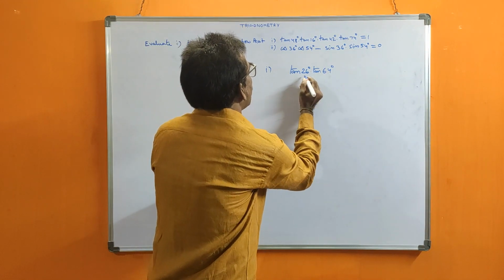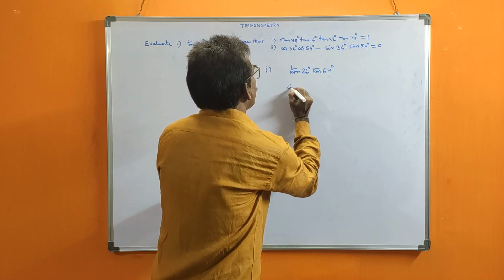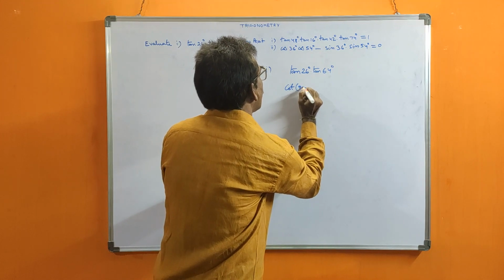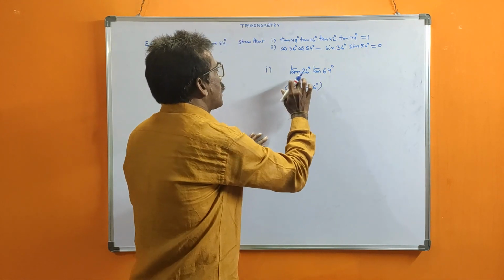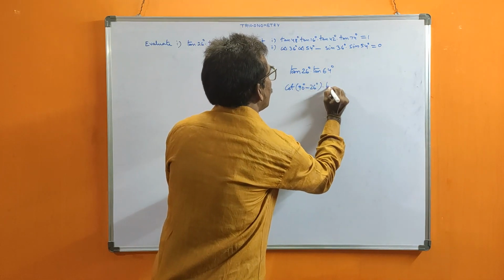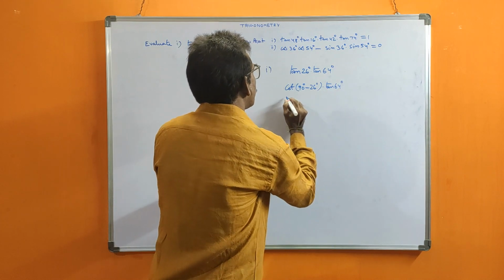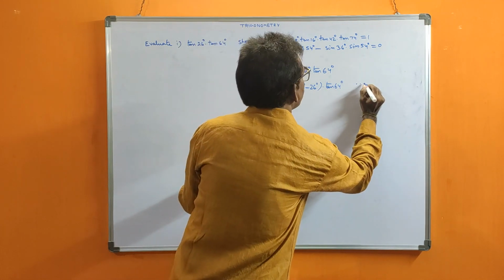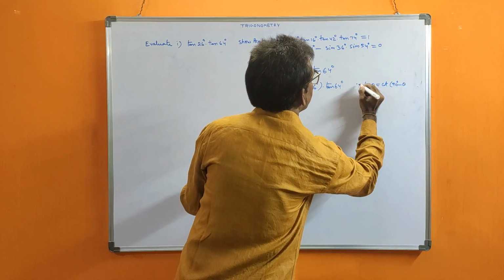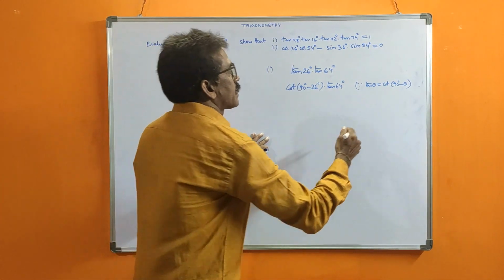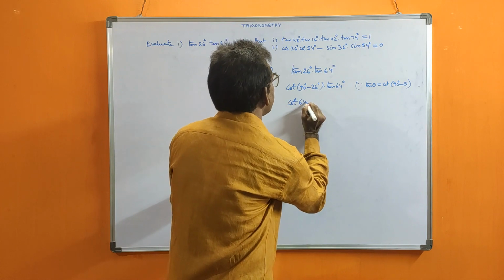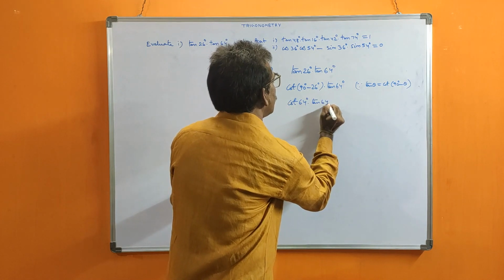Now you convert tan theta. Tan theta is equal to what? Cot 90 minus theta. Apply the co-ratio formula to tan theta: cot 90 minus theta. Here anyway, tan 64 is there. So now, why do you write this? Because tan theta is equal to cot 90 minus theta. This reason you write here. That is better. Now this becomes cot 90 minus 26, which is 64, into tan 64 degrees.